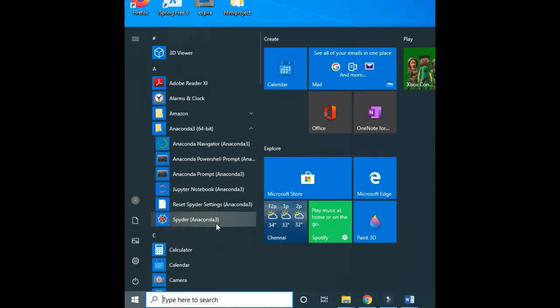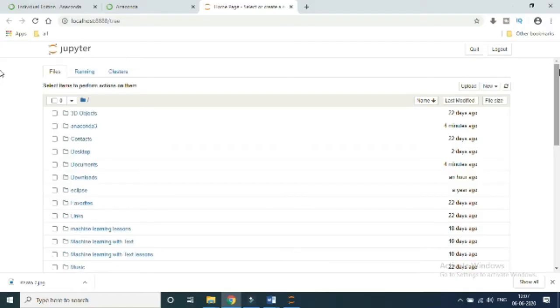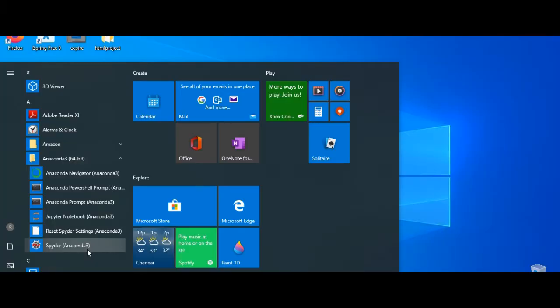It is an inbuilt package in Anaconda distribution. There is no need to install Jupyter Notebook separately. Jupyter Notebook is one of the Python editors where we can edit our Python code, and this is also included in Anaconda distribution. So to open Jupyter Notebook, you can just double click on that